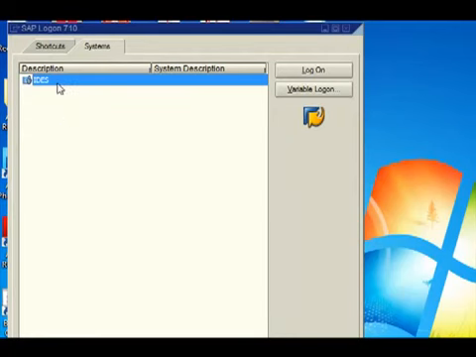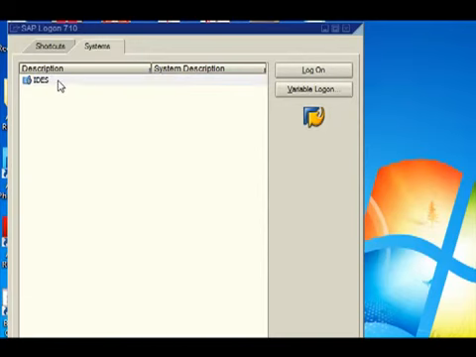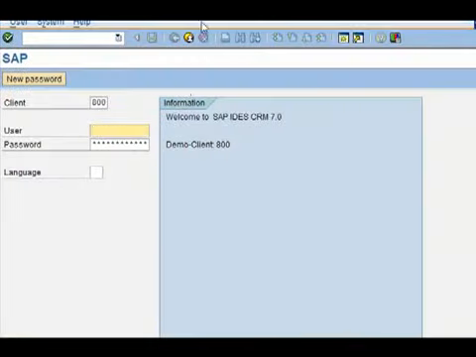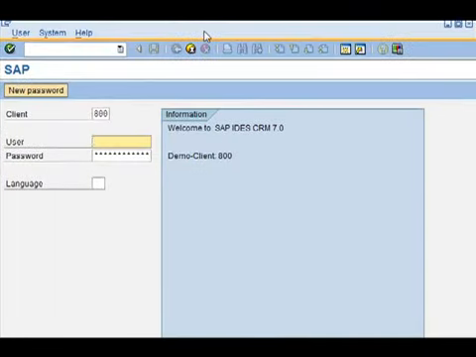In our case, we have only one system, which is the IDIS system. The IDIS system is used worldwide for training on SAP, and we will use this system throughout our training. So you click on log on